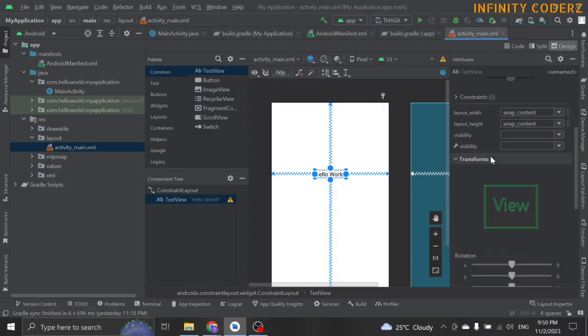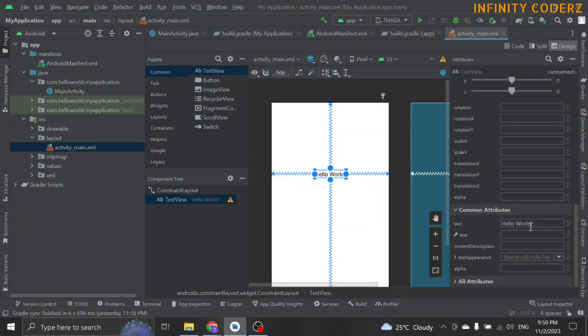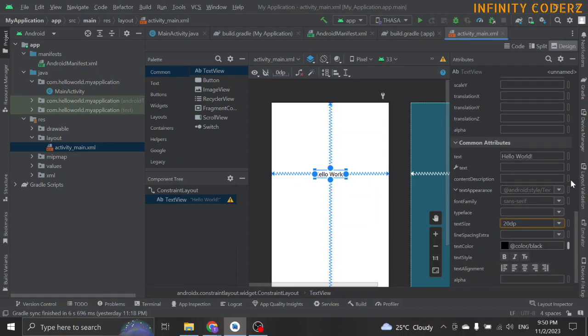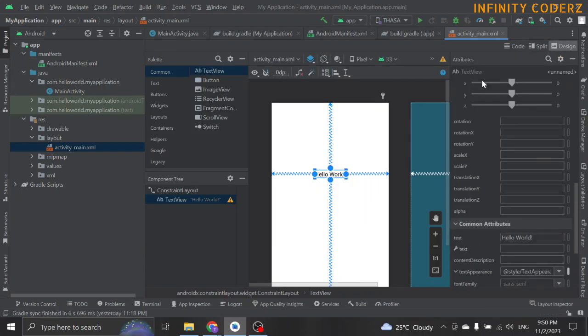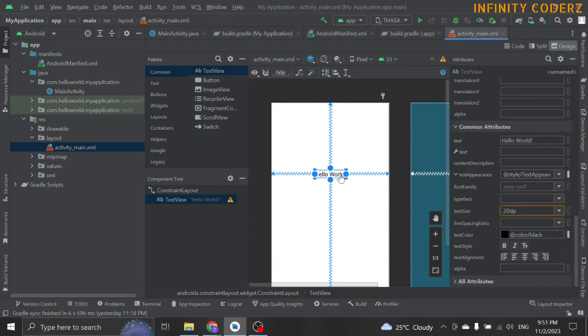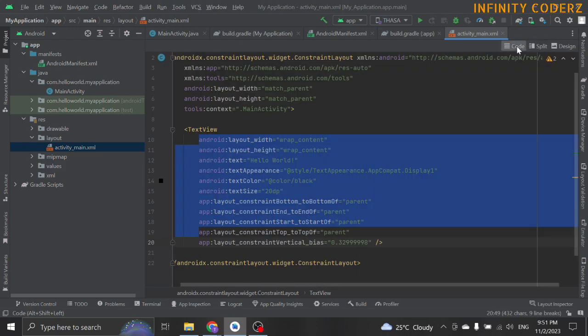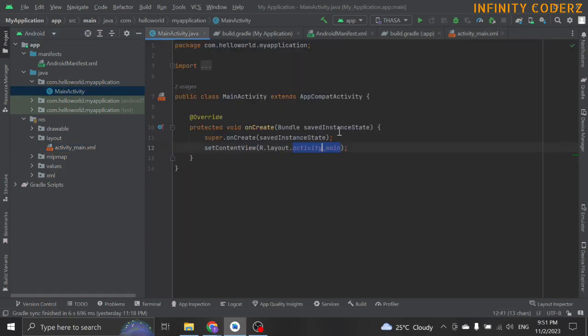If we do not prefer coding, we could go into Design View and scroll to the Common Attributes section. From their example, I chose to set the text appearance by choosing from the drop-down options. So it is really up to preference whether to code or directly select from design by setting the attributes. This is an overall summary of the constraint layout and the way to position the UI elements through code or design. Once completed, let's move back to the main activity.